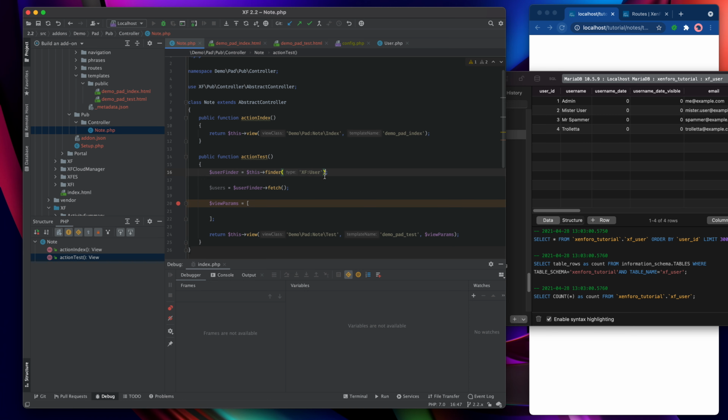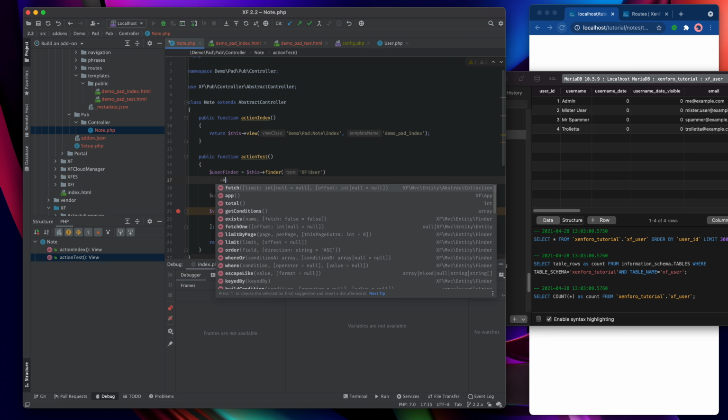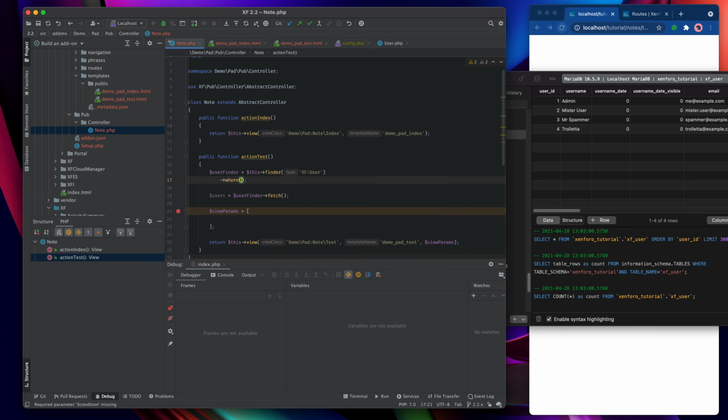Let's add a condition here. Sure enough, just as the SQL syntax would require a where, we're going to use where here too. So let's say where, and then we need to say which field. Let's say where user ID, and then we need an operator, unless it's equals, in which case you can just omit it. Where user ID is less than 4. And we'll leave it like that.